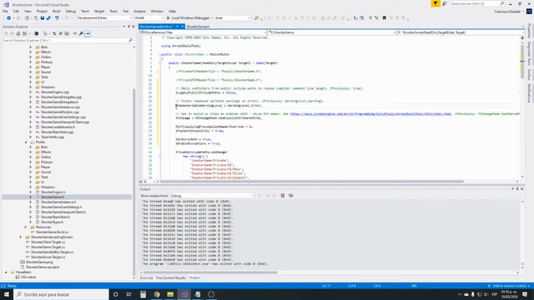Then we'll have to set the ShadowVariableWarningLevel equals WarningLevel.Error. This will make the compiler show us an error and not let us compile if this project is not completely up to speed with the headers. Then we'll set the PCHUsage equals PCHUsageMode.UseExplicitOrSharedPCHs